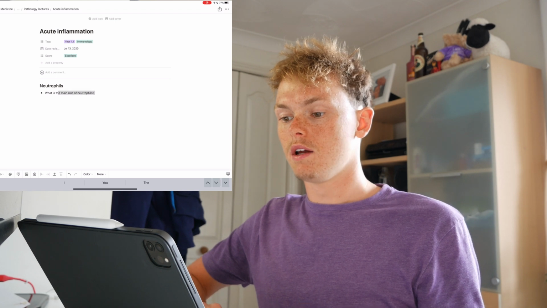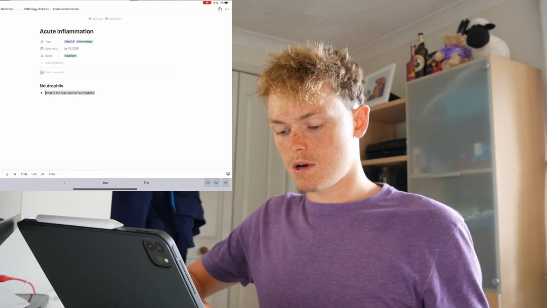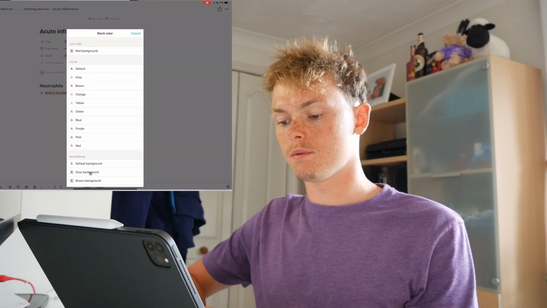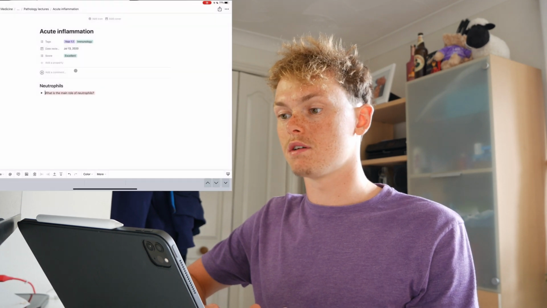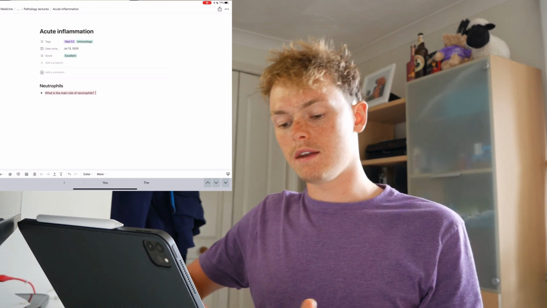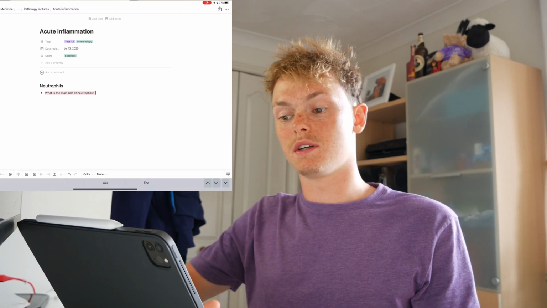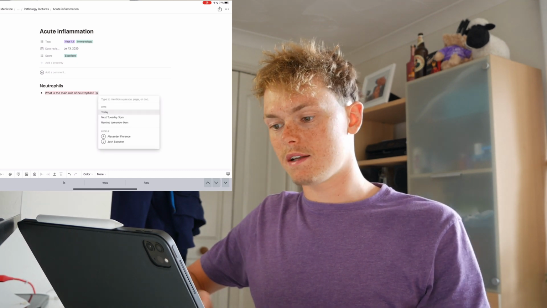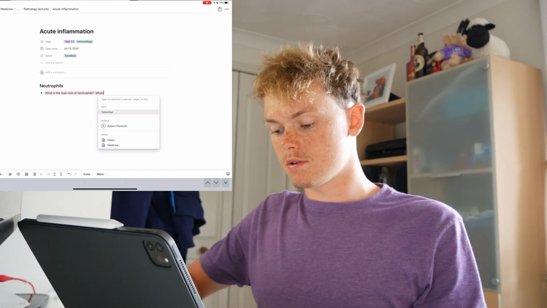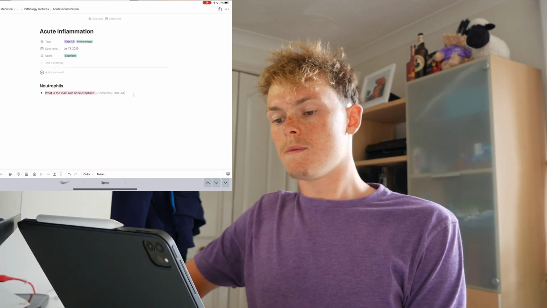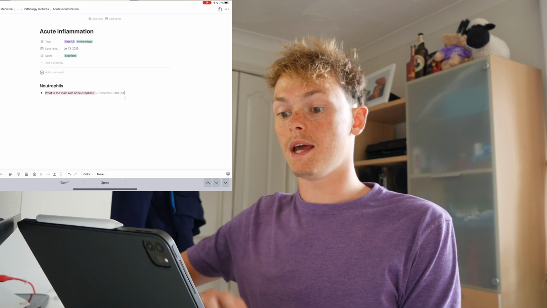and we weren't very good at it, we can highlight it and press Command Shift H, and it will highlight or colour the text to the last colour that we used. So the last use was red, so we Command Shift H and it highlighted it red. So we can use that, and then to remind us to do the question again, which obviously we need to do if we've got any chance of remembering it long term, we can press @ and then let's go tomorrow. So we can remind ourselves to go through this question tomorrow at 3 PM, and let's